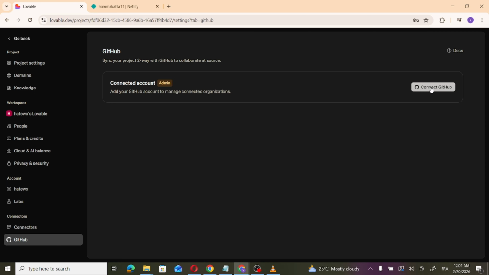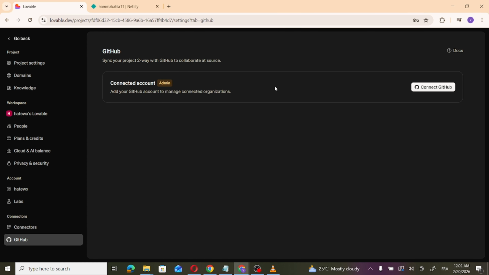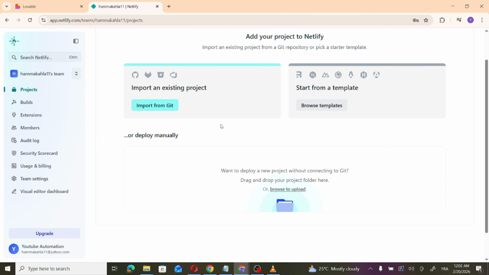Now you will press on connect on GitHub again. Then you need to input your username and password. You give a name to that repository on GitHub that you will create after adding your account to your GitHub account to Lovable. And then after doing everything here, you go here and then press on import from Git and